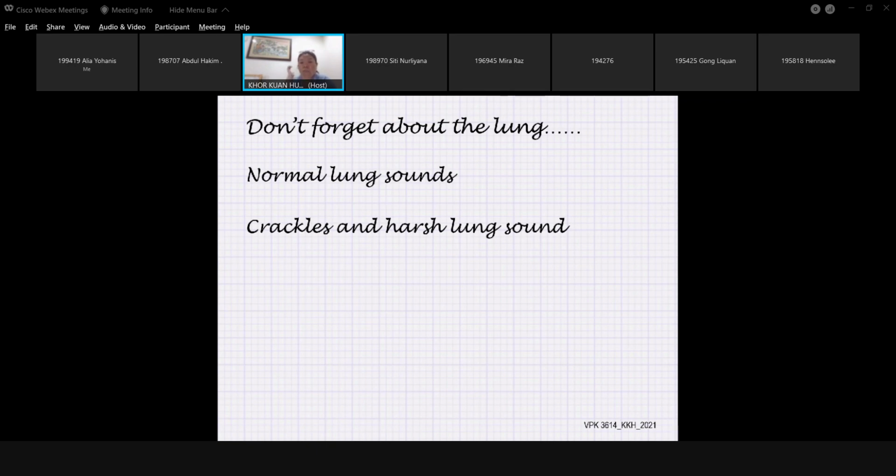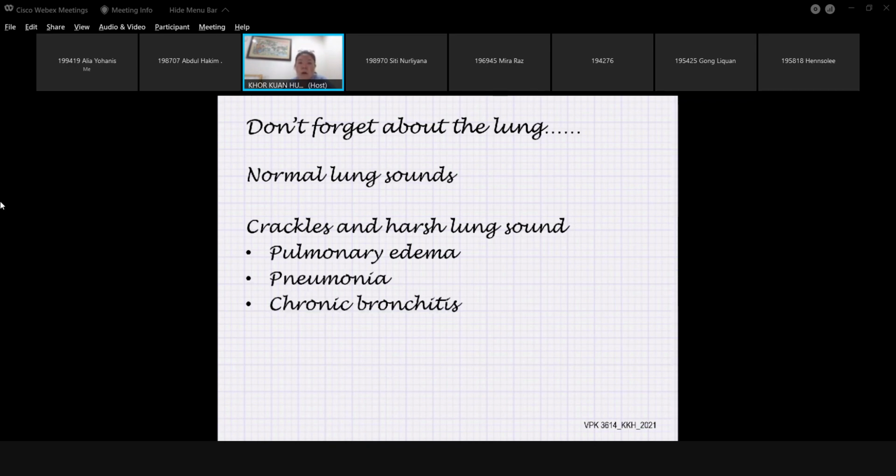Hush would be just like, this is your harsh lung sound. Okay, louder than normal. All right. So often in cardiovascular diseases, you get crackles and harsh lung sound. It will be pulmonary edema. You can have pneumonia also sometimes. Chronic bronchitis too. And if it is a dull lung sound, then you'll be thinking about pleural effusion. Okay, so